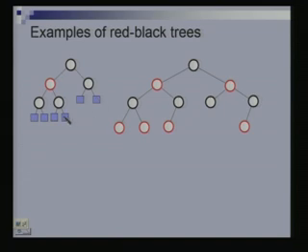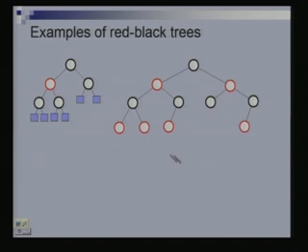Now, what is the black depth of this external node? 1, 2. It has 2 ancestors which are black. Similarly, the black depth of this external node is 2, of this is 2, of this is 2, of this is 2, and of this is also 2. So, this is a red black tree. They will be added only to the leaves or to the nodes with also one child? We will add these external nodes also to nodes which have only one child.